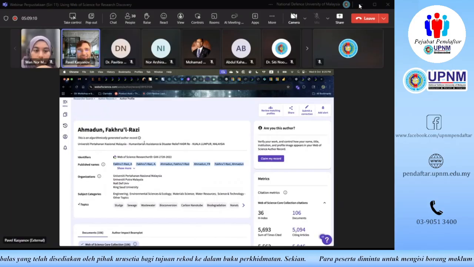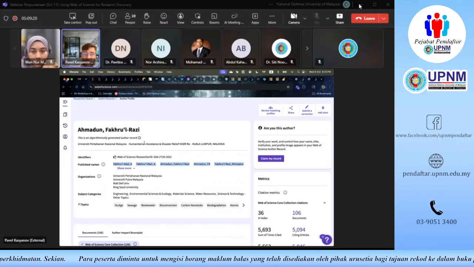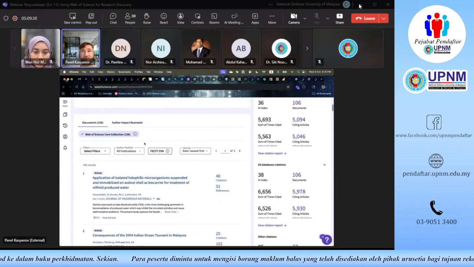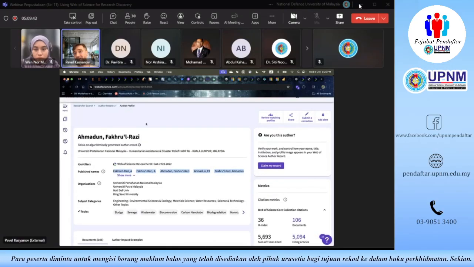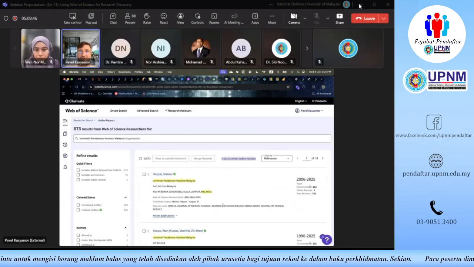But this person hasn't yet logged into Web of Science and confirmed that, yes, I'm a live human, all these documents belong to me. So we still trust this data. It's just that if this gentleman, I'm sorry if I'm misgendering anyone, would log into Web of Science and claim their documents, that would certainly increase the level of trust that we can place in this data set. Once again, we can still see all the metrics even for unclaimed records. It's just that the claimed records come with a higher degree of certainty.